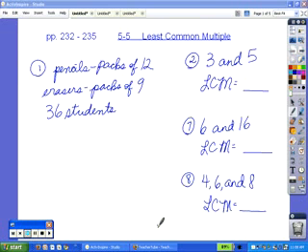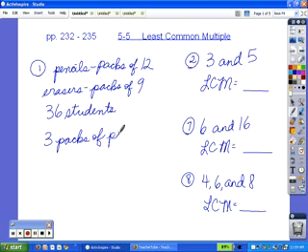For number 1, they're asking us how many packs of pencils and erasers the teacher would have to buy so that he would have enough for one of each for each of the 36 students with no leftovers. Well, if he has 36 students and the pencils come in packs of 12, you need to see how many packs of 12 you would need to buy to get 36. Since 12 times 3 is 36, he would need 3 packs of pencils